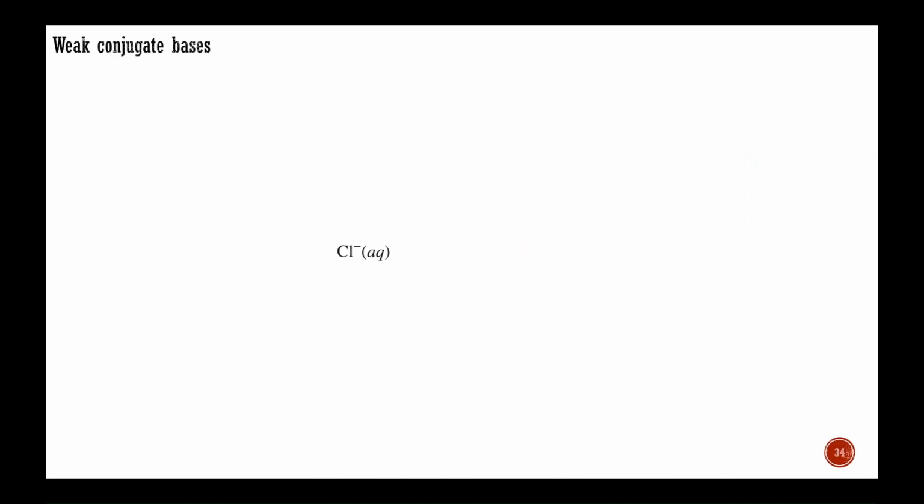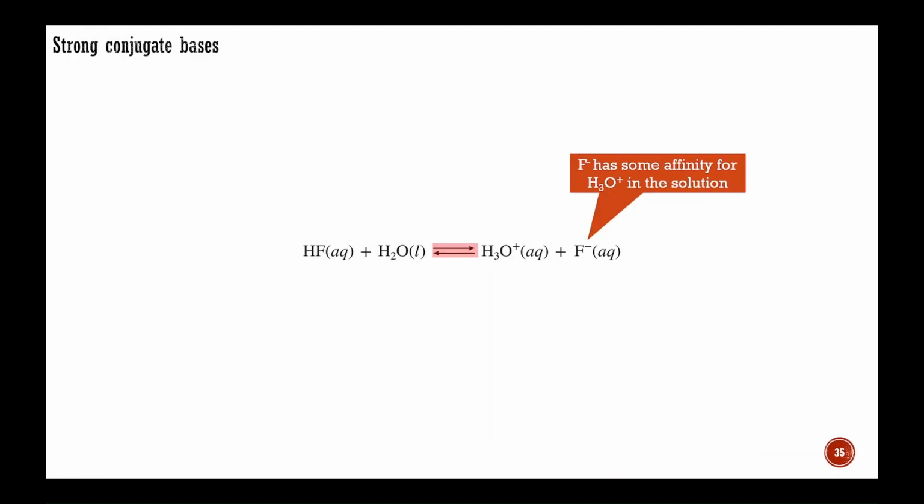For example, you may have noticed that when a chloride salt, such as sodium chloride, dissolves in water, the chloride ions in solution do not accept protons from water to regenerate hydrogen chloride. The chloride ion, which is the conjugate base of a strong acid, is an example of a weak conjugate base. Now consider the case of a weak acid. When hydrogen fluoride dissolves in water, ionization occurs only to a limited extent because the conjugate base of the acid,